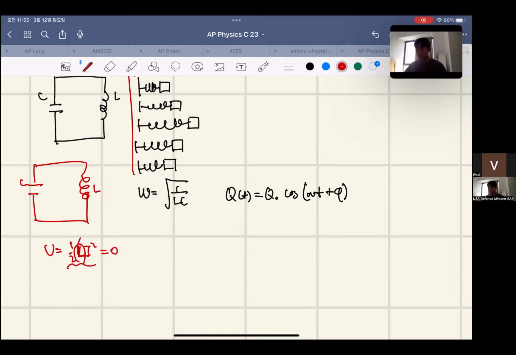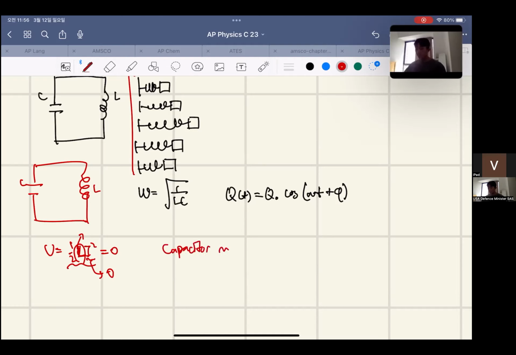Thus, L isn't something that can change or become 0, meaning that the only source in this equation that can make 1/2 Li squared equal 0 is I. So you need to have 0 amount of current flowing in the inductor in order to have 0 energy stored in it. Thus, to conclude, when the capacitor